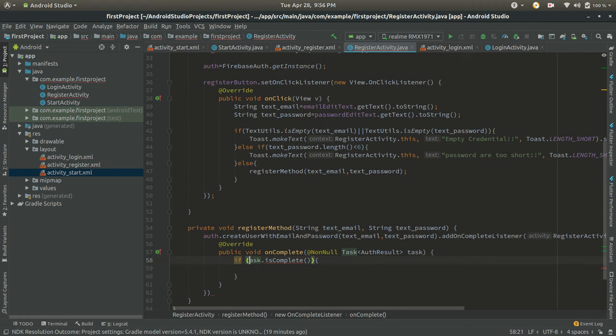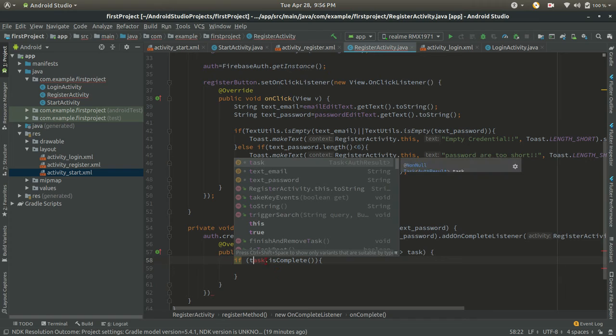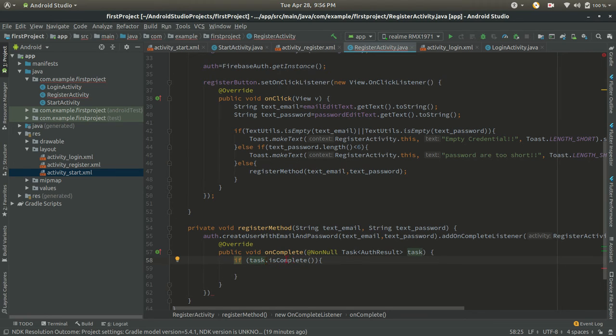So this is a small task. Yeah, task dot is complete or not. So if that is completed, then we will print a toast message. So create a toast and we will give the message registered user success.